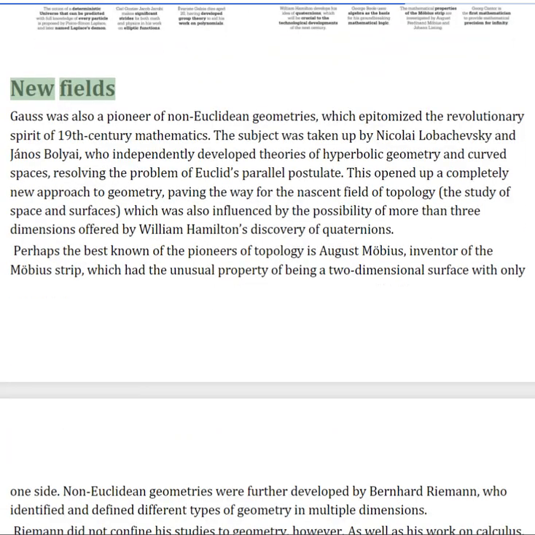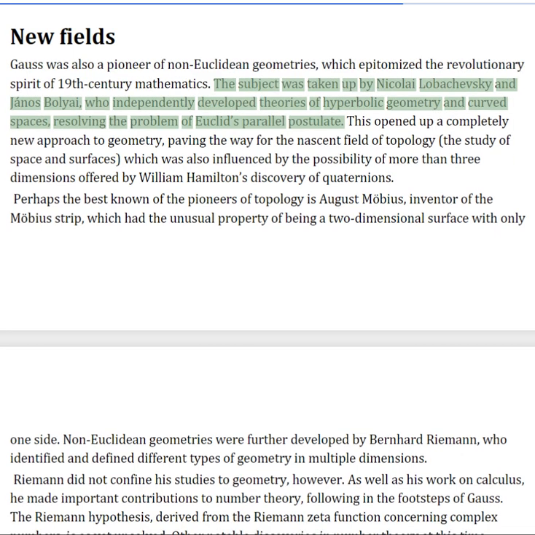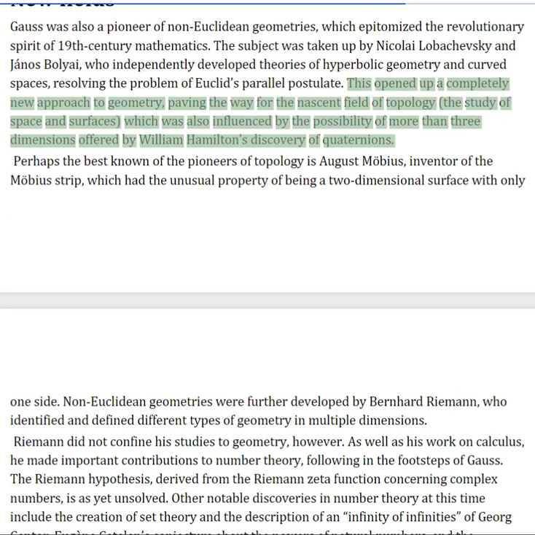New fields. Gauss was also a pioneer of non-Euclidean geometries, which epitomized the revolutionary spirit of 19th-century mathematics. The subject was taken up by Nikolai Lobachevsky and János Bolyai, who independently developed theories of hyperbolic geometry and curved spaces, resolving the problem of Euclid's parallel postulate. This opened up a completely new approach to geometry, paving the way for the nascent field of topology, which was